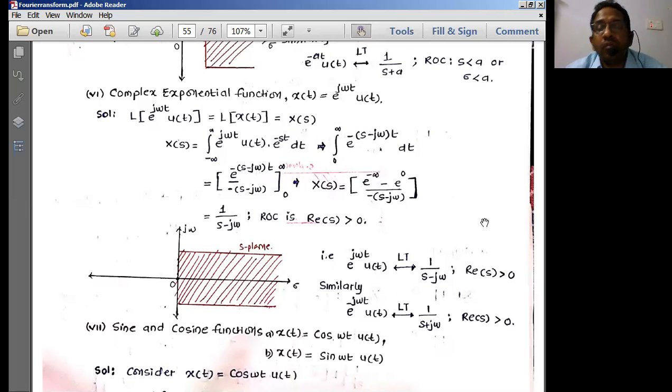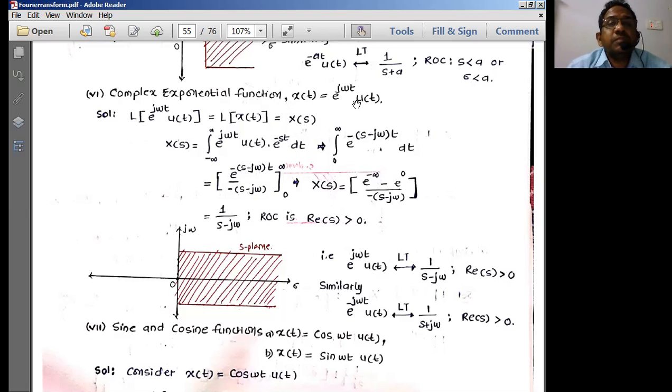If you know the formula of the Laplace transform, X of s is equal to the integral of x of t times e power minus st dt, you can easily calculate the Laplace transform equation. But the ROC is the one which is important. Let us look into other varieties of problems now.